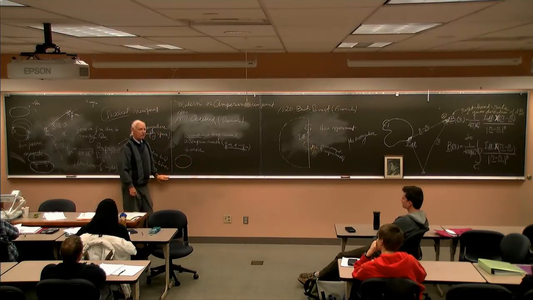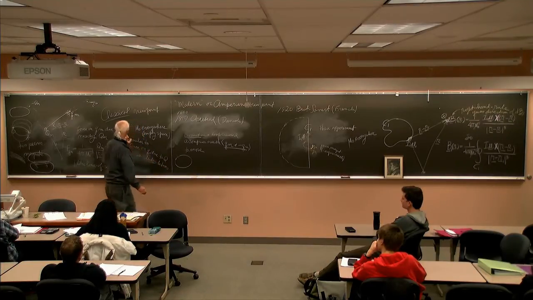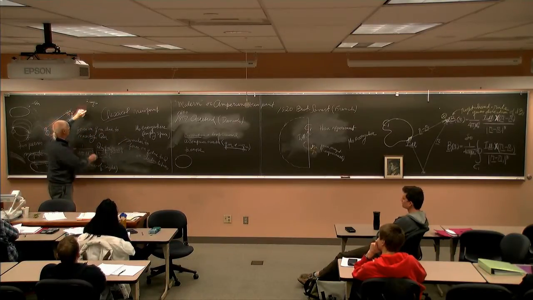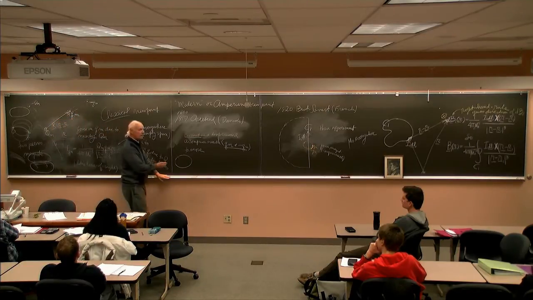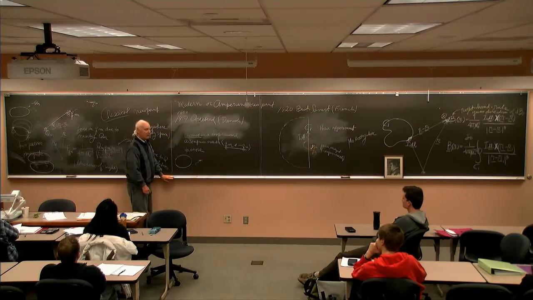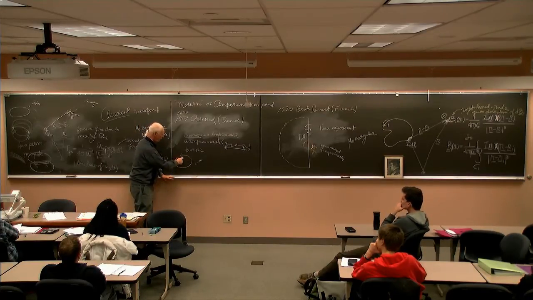And the lore says that, well, it happened that nearby he had a compass. Well, what's a compass? A compass is one of these things. It's got a North Pole and a South Pole. So there was a little compass needle, let's say a North Pole to a South Pole, in the vicinity. And that little guy, I suppose he had a switch in here. When he turned the current on, that thing would turn. And he was finding that there's an electric phenomenon here, a charge flowing around, and this is a